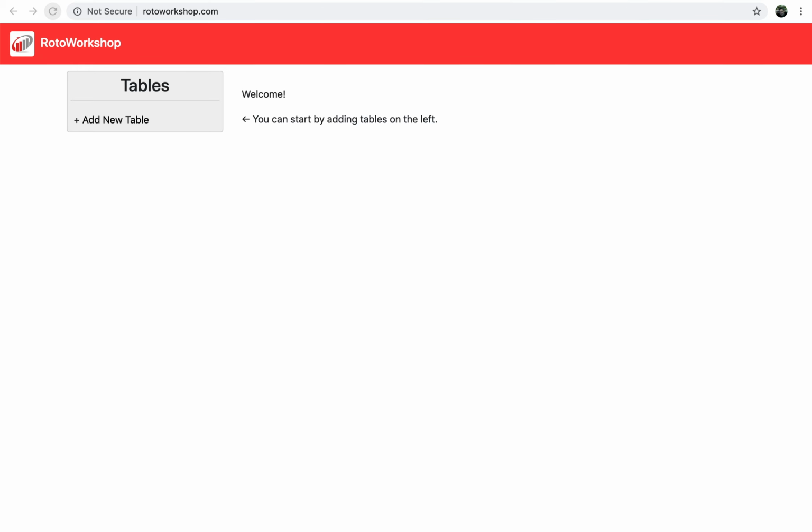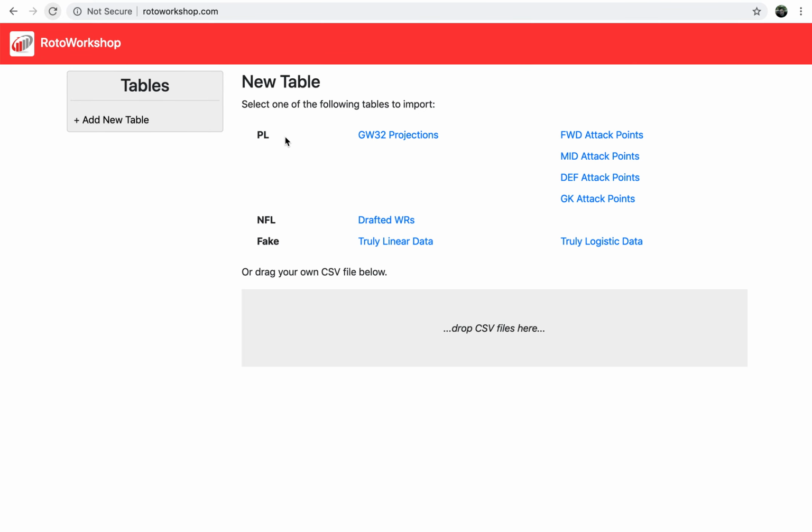All right, so I've added a new feature to RotoWorkshop that I thought I would quickly try to demonstrate for you. The new feature is an optimizer, so it tries to compute subsets of rows that optimize some criterion subject to certain constraints. And so what I'm going to do is use this new feature with projections that I have